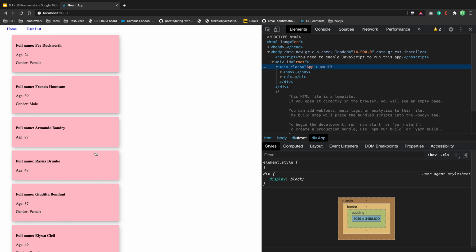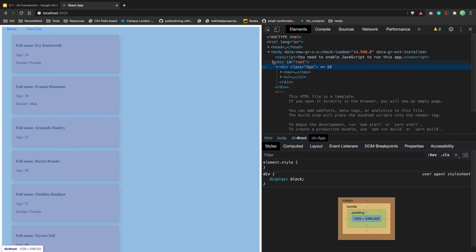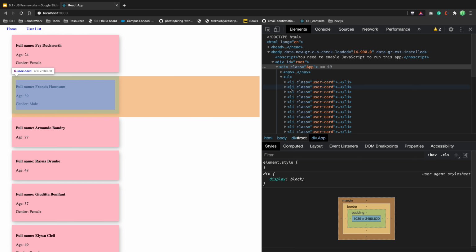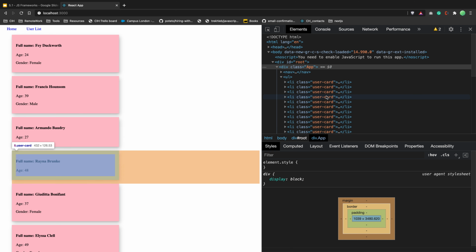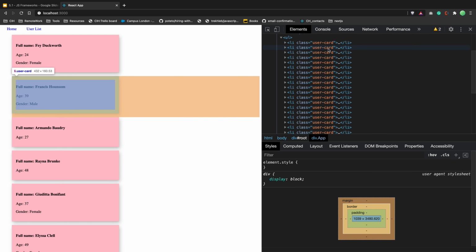Which is wrong, because if you have a lot of components, a huge application, you will definitely hit this problem and it will clash your CSS. We have a solution for that, and the name of it is CSS modules. Here you can see that we have classes like user card, and this is a global class.